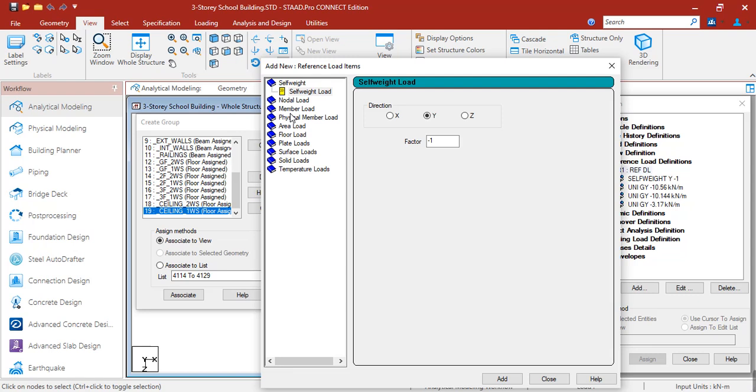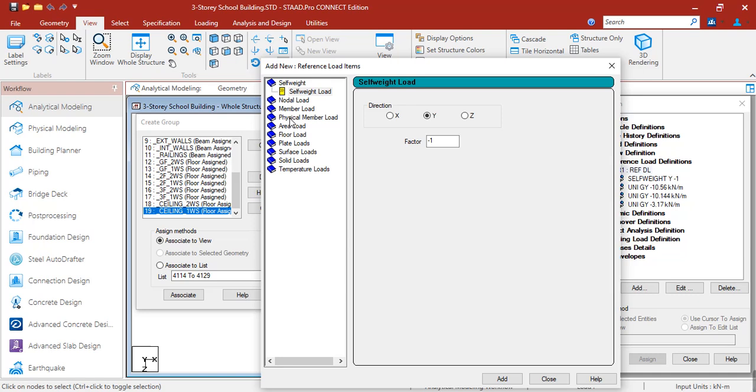First for the slab, let's just assume the thickness of the slab. The unit weight of concrete is 24. Then say we have a 150 mm slab, so times 0.15. Therefore, 3.6 kPa should be applied in our floor slab.